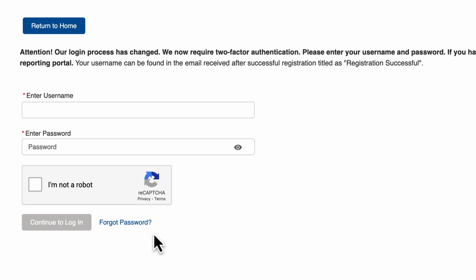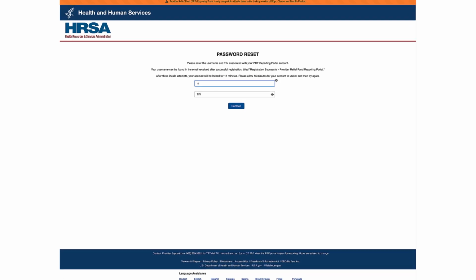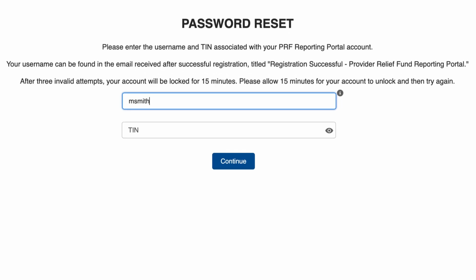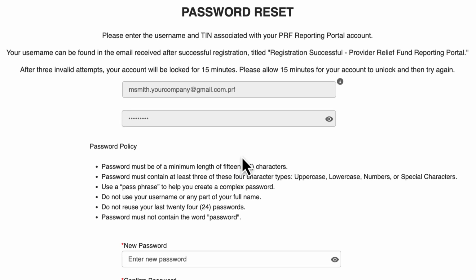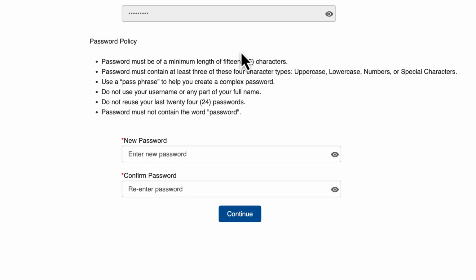If you have forgotten your password, clicking the Forgot Password link will allow you to reset your password by entering a valid username and TIN. On the password reset screen, enter a new password in the associated field and re-enter the password in the Confirm